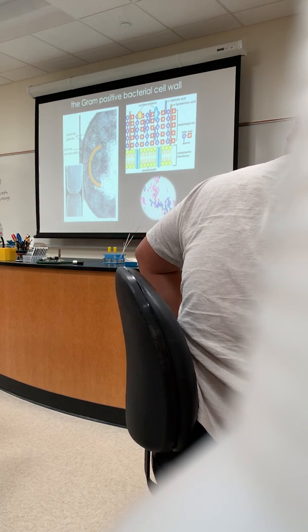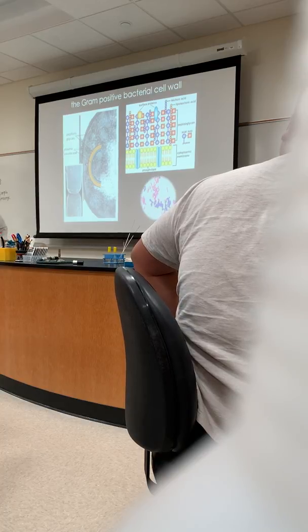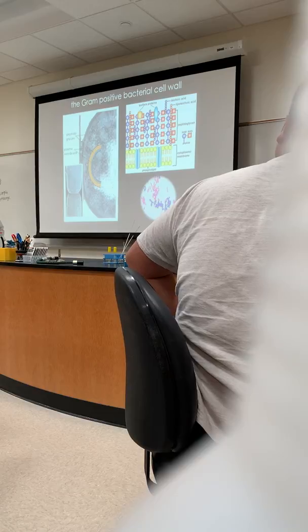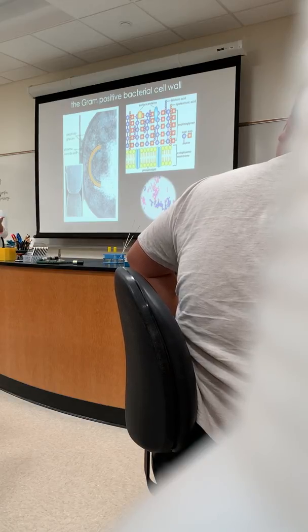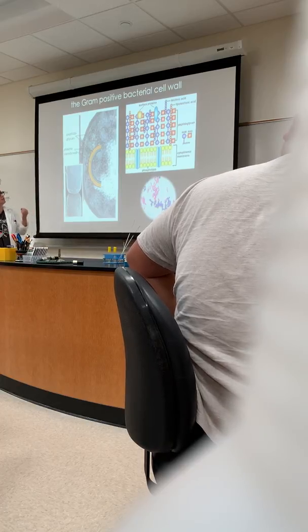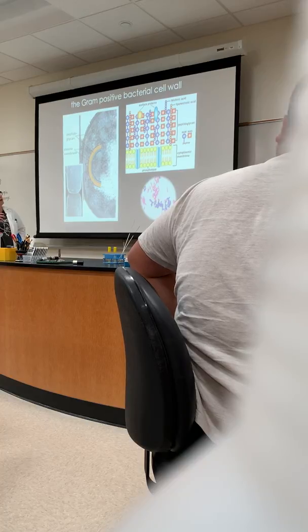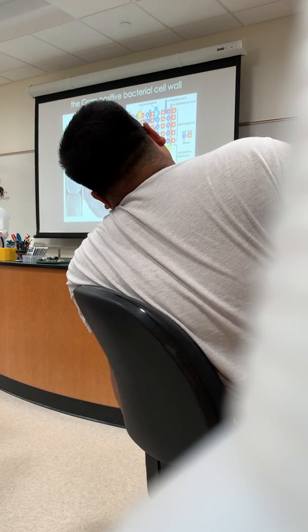Notice, right, this guy is a member of at least a diplo arrangement. Because notice, he's completely separate from, but still attached to a cell next to him. Right, so not close to each other, actually attached to one another. He has this very thick layer of peptidoglycan, which is shown here, kind of a dark gray. And then his plasma membrane is inside of that. So very thick peptidoglycan